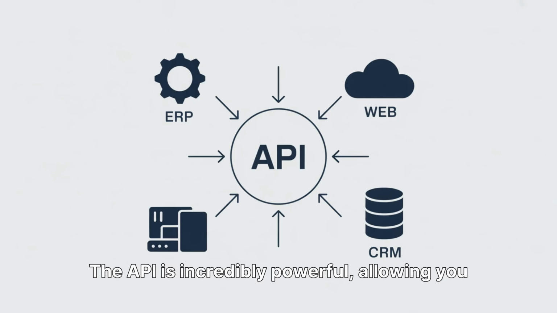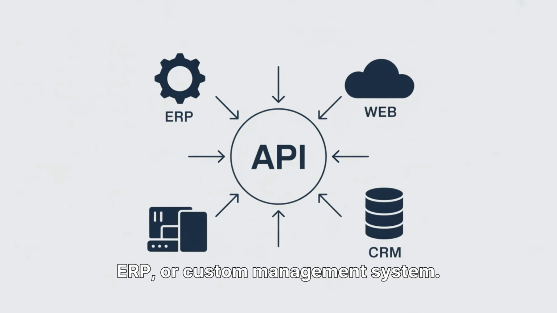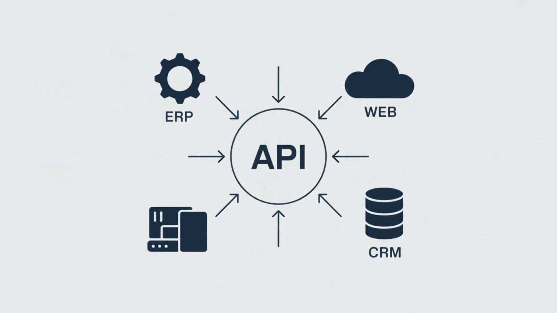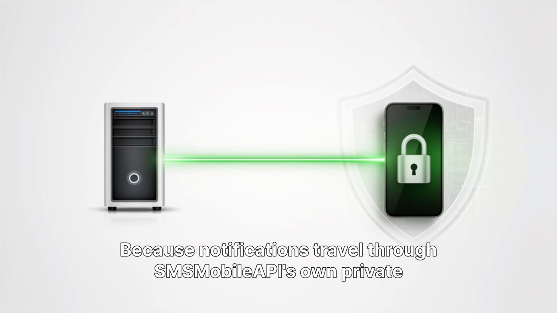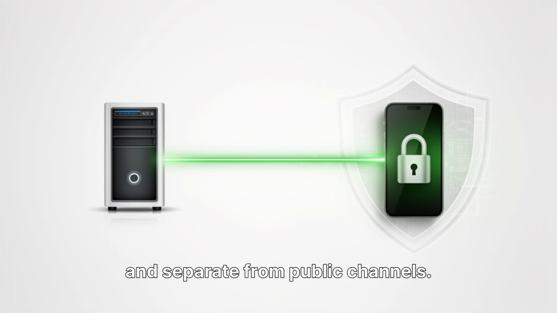The API is incredibly powerful, allowing you to trigger notifications from any project, website, ERP, or custom management system. It's built for seamless professional integration. Confidentiality is a top priority. Because notifications travel through SMS Mobile API's own private app-based system, your internal alerts remain secure and separate from public